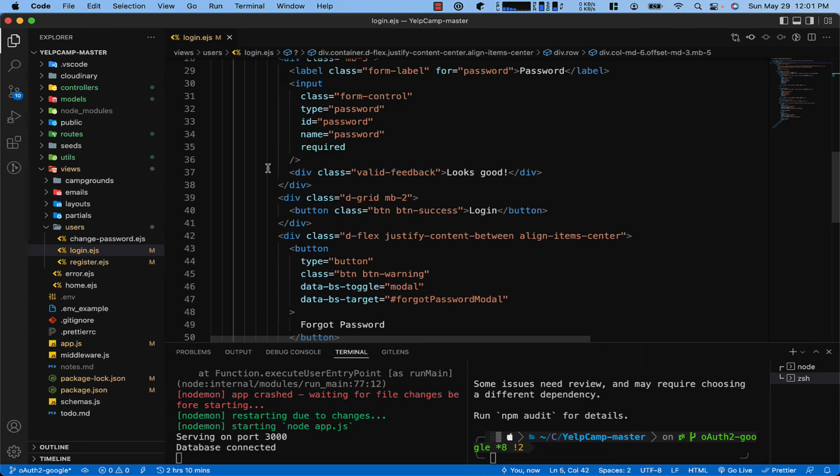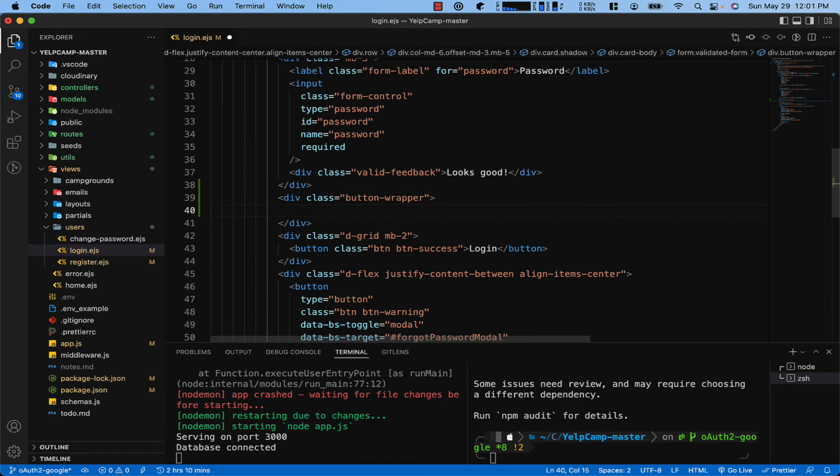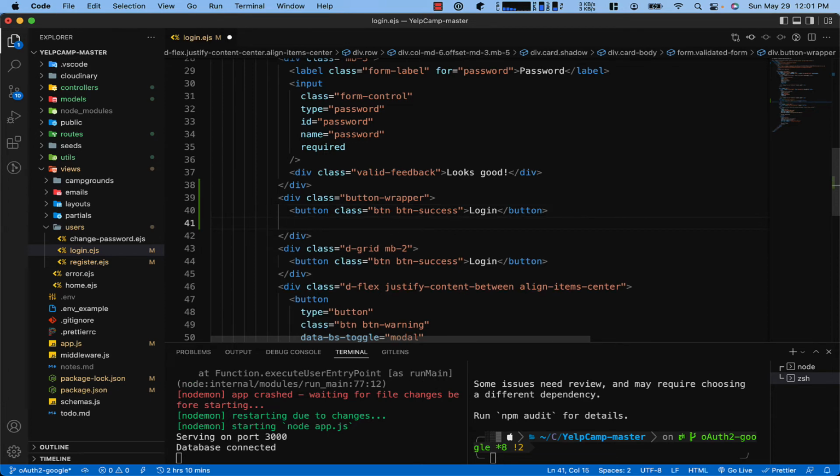Let's see, I've got this one right here, I've got this one here. So what we're going to do is we're going to create a class called button wrapper. So it's going to be, we can copy this one, and then we're going to create, which one is this one? It's another button primary. So